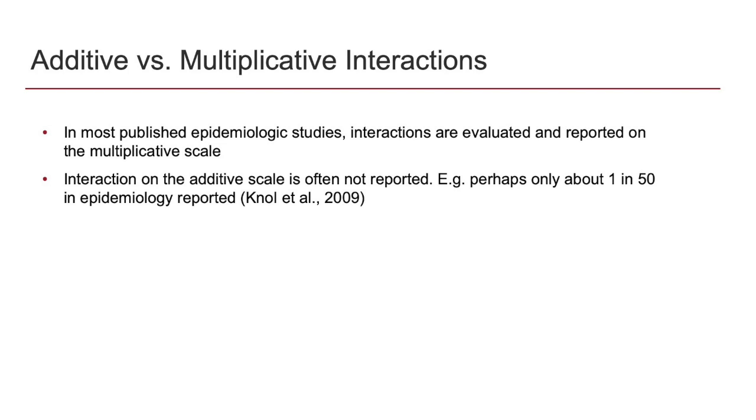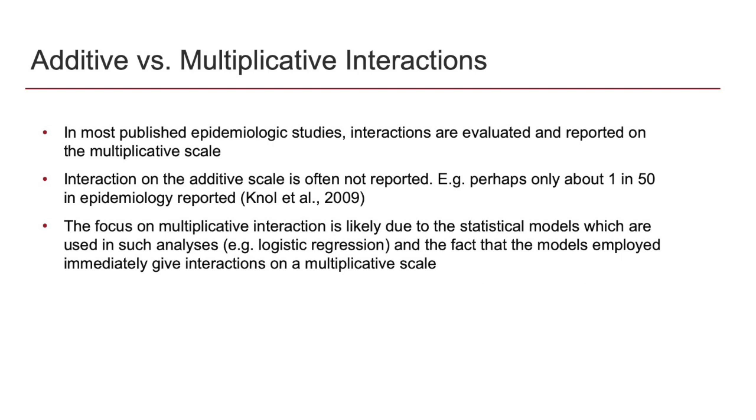If you look at most published studies, as I said, interactions are evaluated and reported on the multiplicative scale. That is probably what most of you are familiar with. But interaction on the additive scale is often not reported. There was a published study about 11 years ago that showed 1 in 50 epidemiologic studies reported interaction on the additive scale. So the focus on multiplicative interaction, as I said, might be because of its ease in using statistical